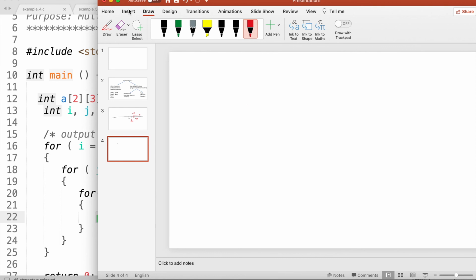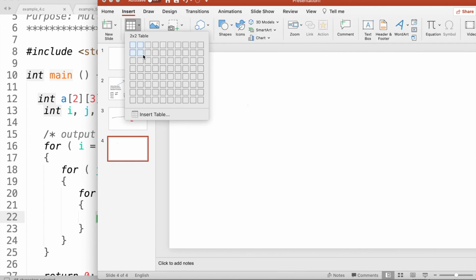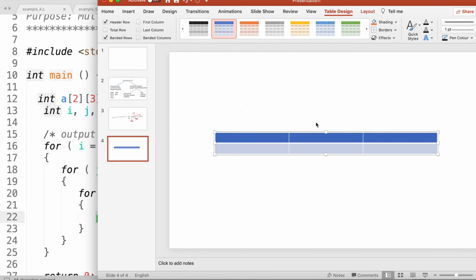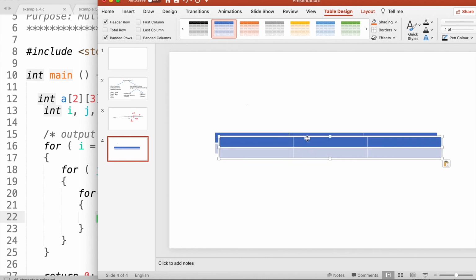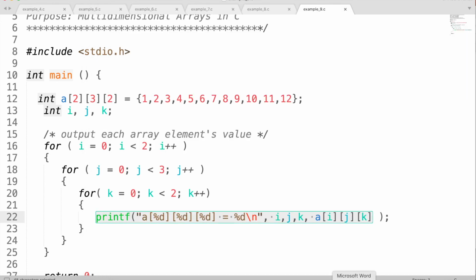You have initially a table with 2 rows and 3 columns, right? Then you have another table behind it, right? So this 0 0 will indicate this one, 0 0 0 will indicate this value, so that is why we have put 1 here,